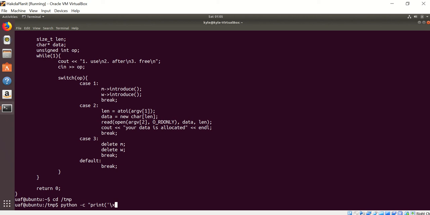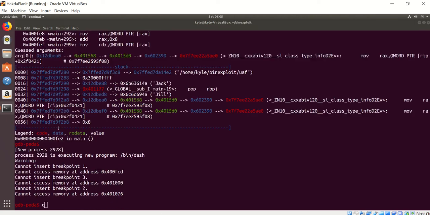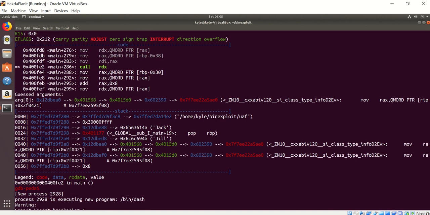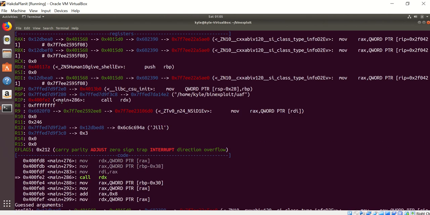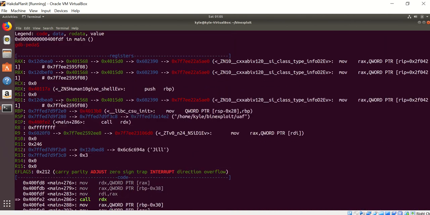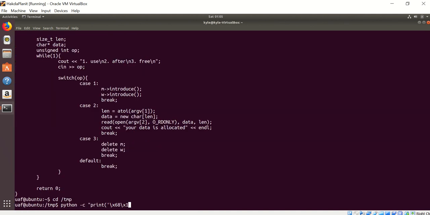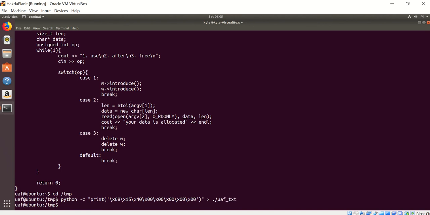So I forgot it was 68. All right, let's print it out, and we'll print it into UAF text. And okay, now let's go back to home,